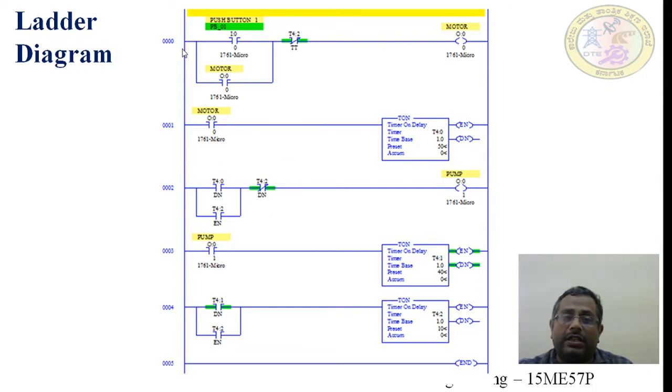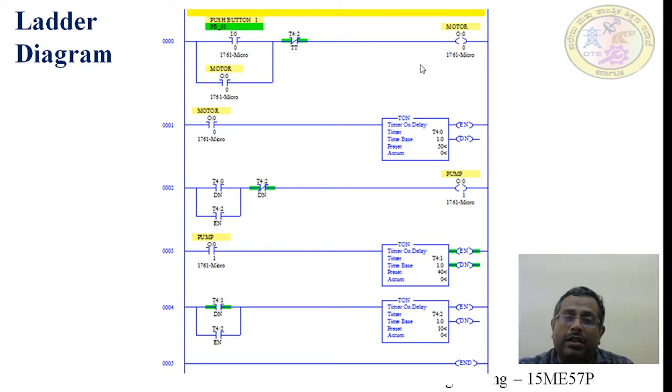See here, it has 6 rungs including the end rung. Other than the end rung, we have 5 rungs, and we are using 3 timers to switch on and switch off the motor and pump sequentially. First, in the first rung, our aim is to switch on the motor when you press the input button. For that, we are adding one open contact and one coil here,